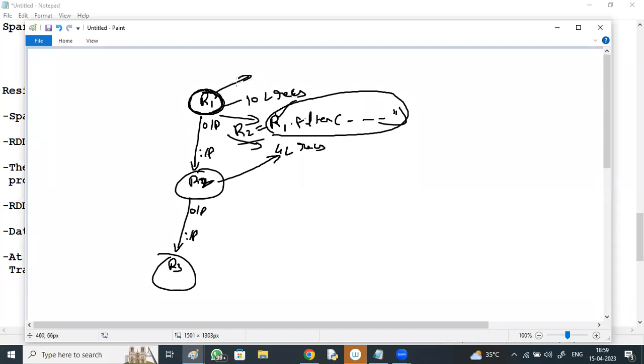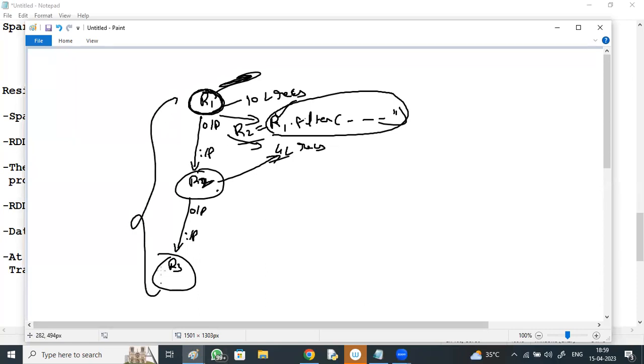R1 will have 10 lakh records as usual. It's immutable. Whatever output you get from filtering R1, you store in R2. R2 has 4 lakh records. Again, on R2 you perform some data operation, and the output you get is R3. Output is taken as input by R3. In this way, the flow continues.